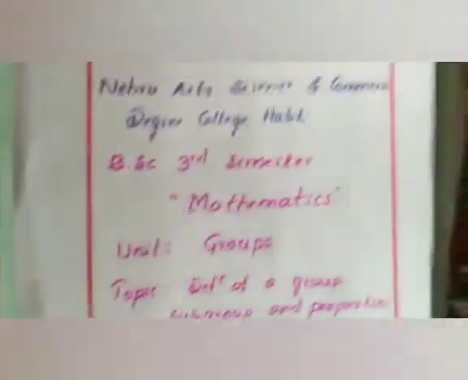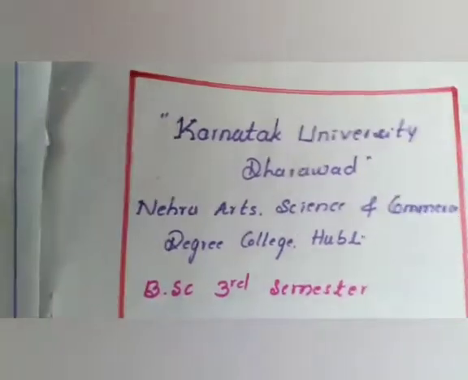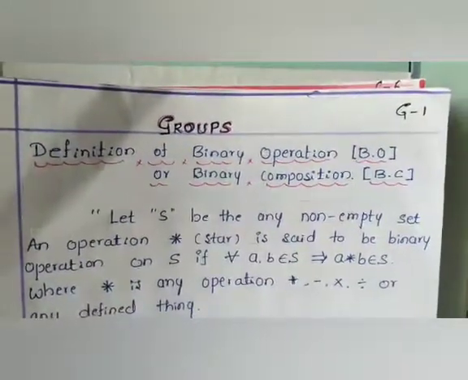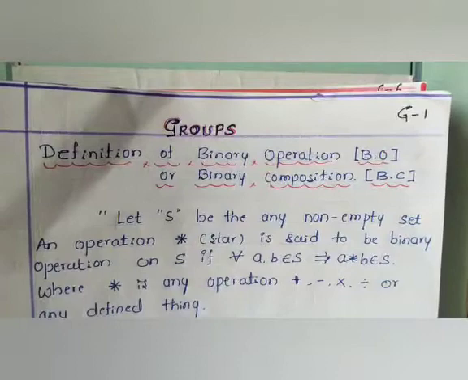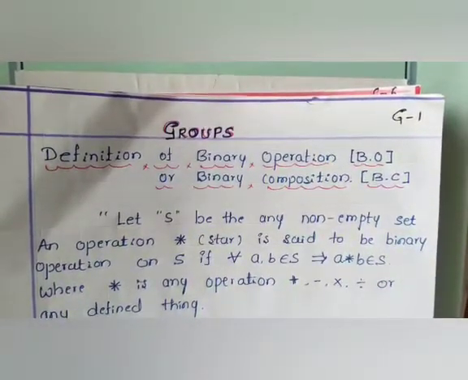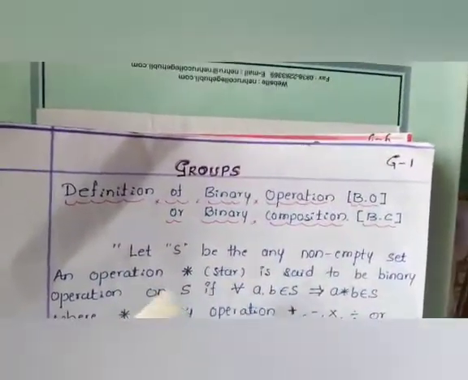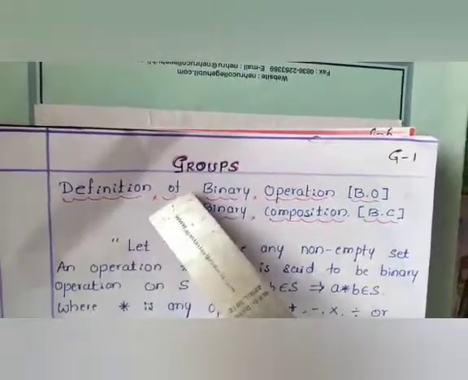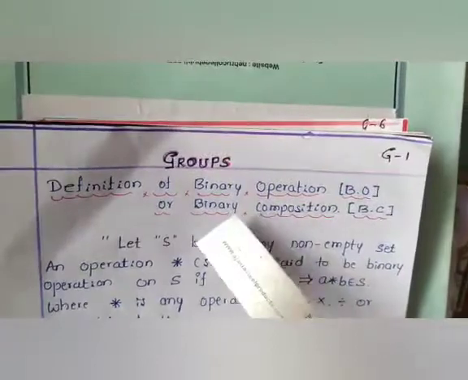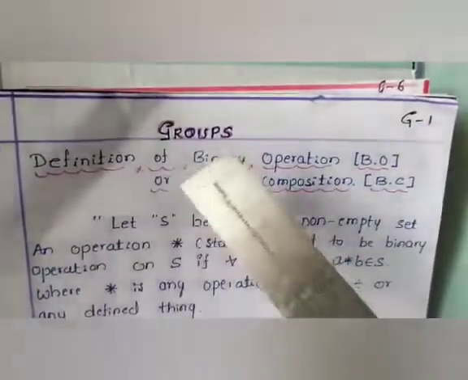So this is the second unit of the paper, and the first unit, set theory, is already over. Okay, students, to come across the groups, we need the definition of binary operation, which we can simply call BO, or binary composition. Whenever we state the binary operation or binary composition definition,